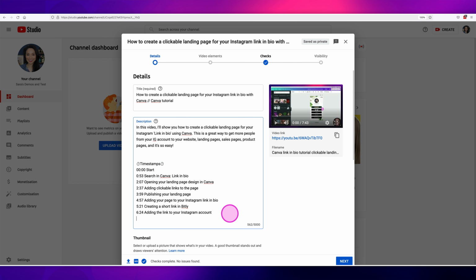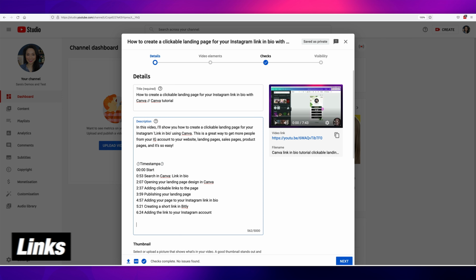Now, after your timestamps are added there, what you want to do is use this space to add your links, right? And there are lots of different links that you can add. I highly recommend that you add, at the very least, a link to your playlist or another related video on YouTube. I recommend that you add a link as it's relevant to take people off YouTube.